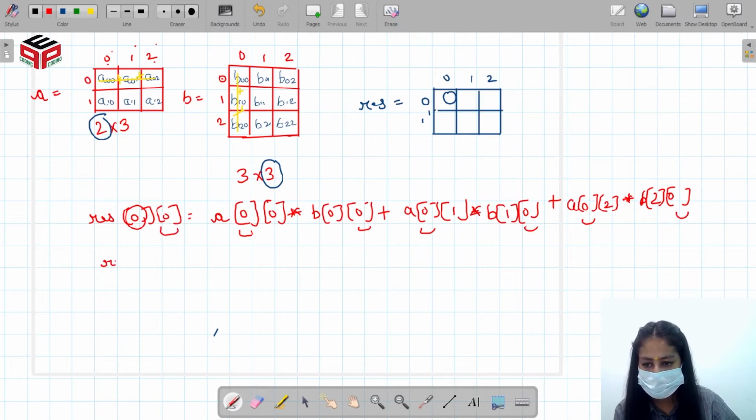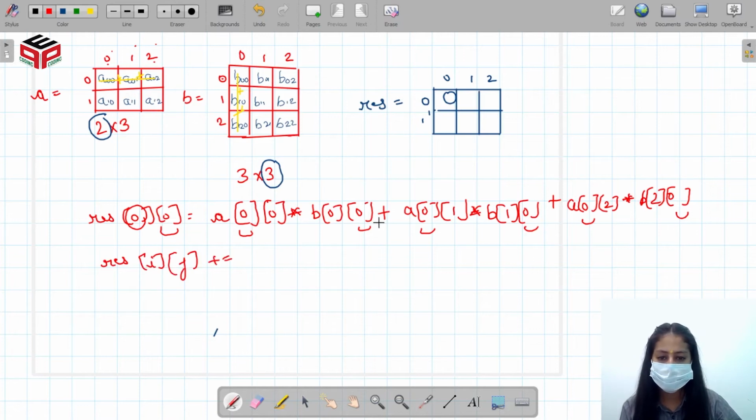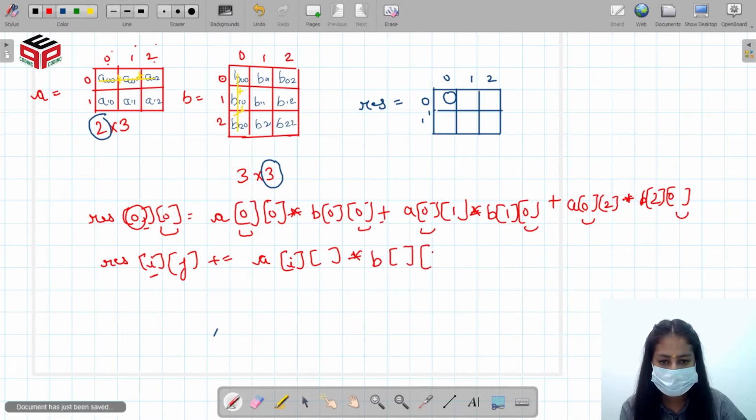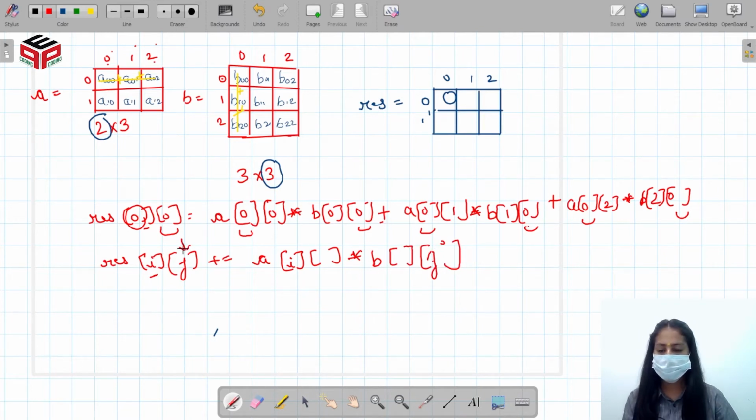So the formula for resultant of ij will be: we are adding these values, A of i, where the row is the same as the row of the resultant matrix, into B of something, j, that is, the column is the same as the column of the resultant matrix, right?